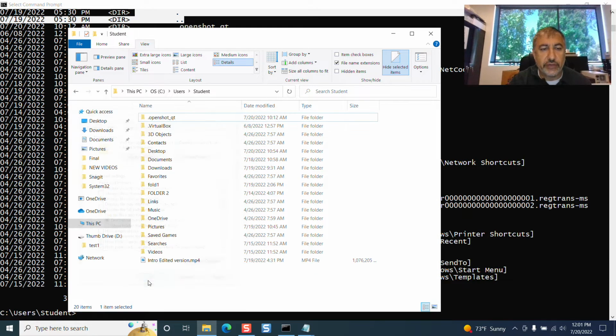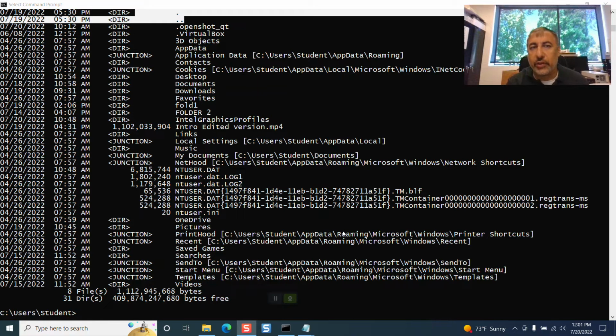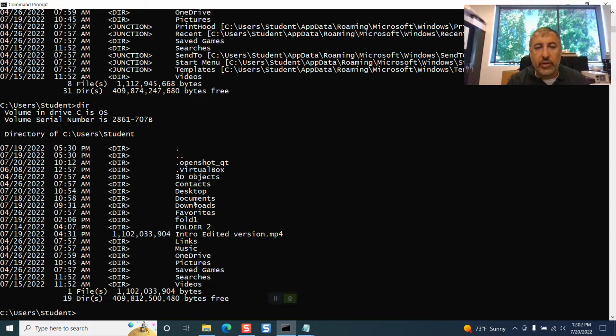I'm going to hide all that stuff. If I'm going to build a computer for a customer, I am not going to allow the customer to see the hidden files and folders. I will change the radio button to not show, because I don't want that customer to inadvertently delete an important system file or folder. So then if I just do an ordinary dir, I just get all the regular non-hidden, non-system objects